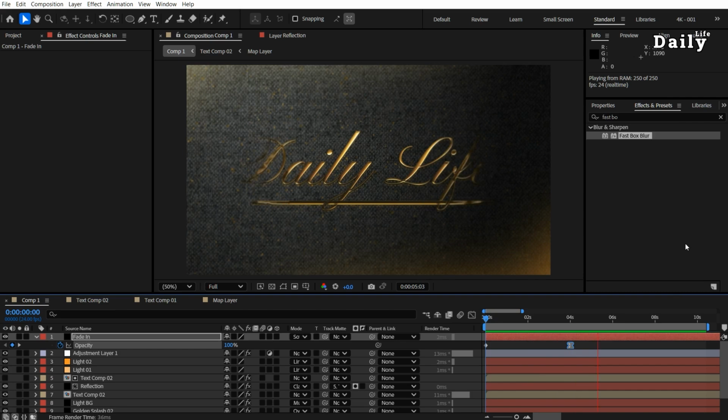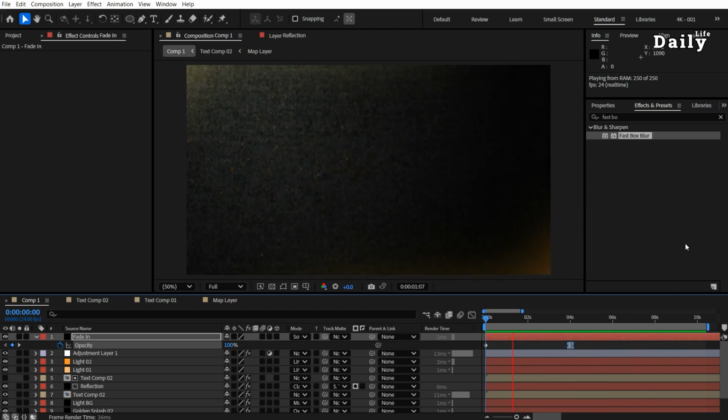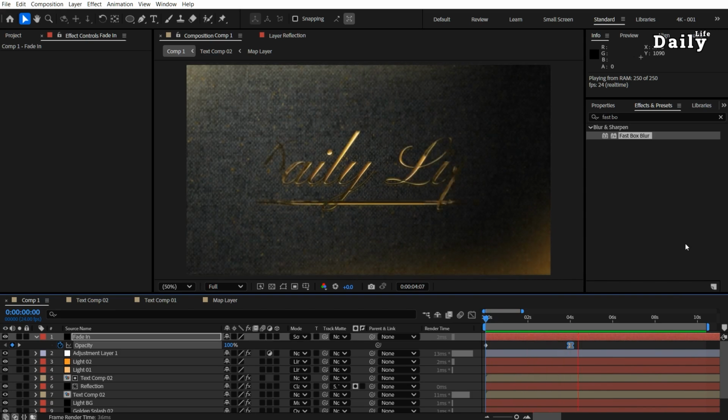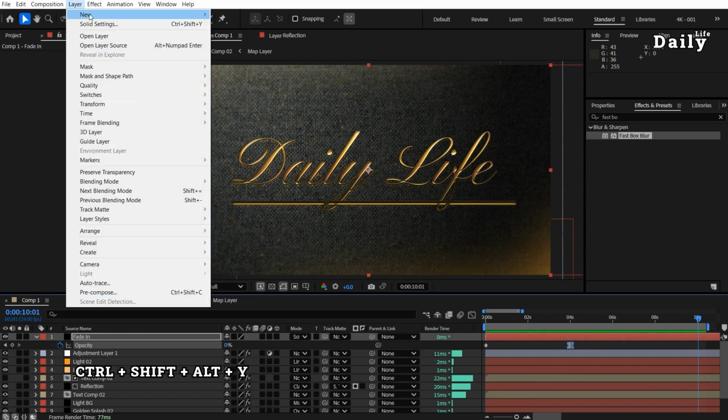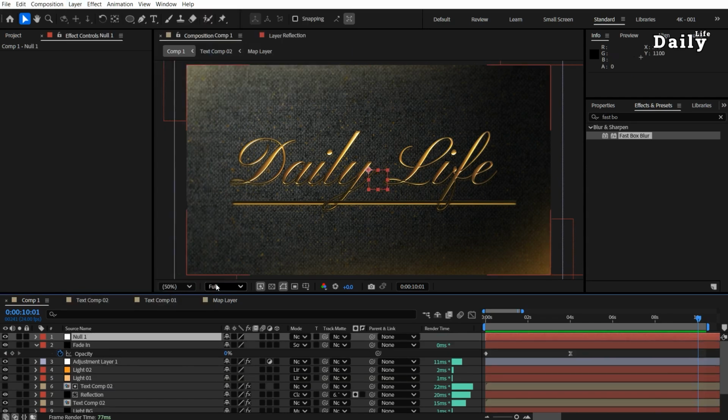The soft light mode creates a subtle contrast and lighting effect by blending two layers. It enhances highlights and shadows without drastically changing the overall image, resulting in a natural, gentle look. The final step: create a null object. A null object is an invisible non-rendering layer used as a control point for other layers.